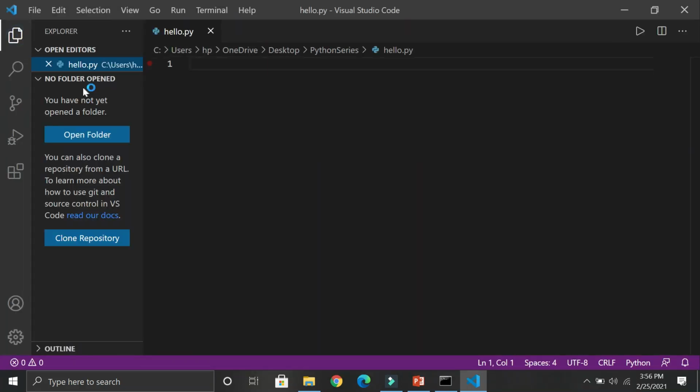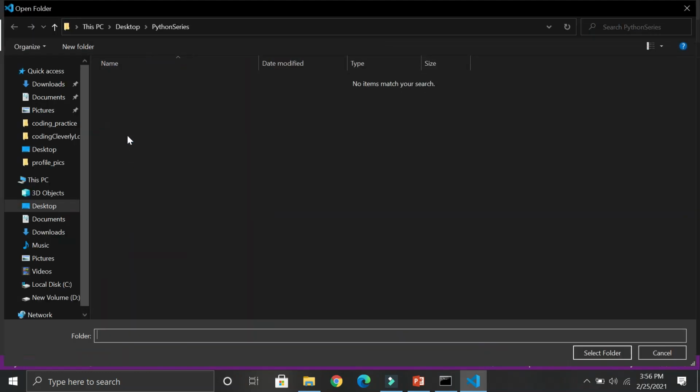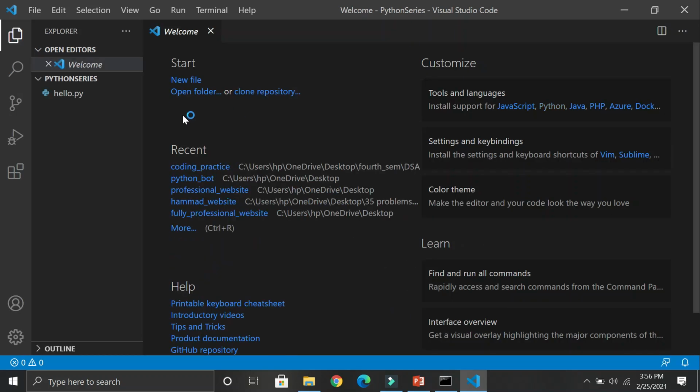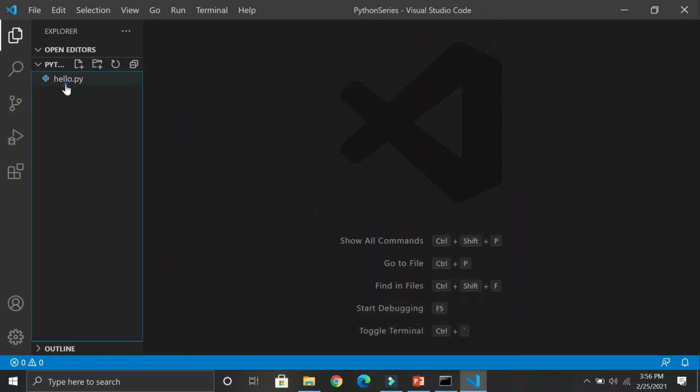So you could see over here, now the folder is finally not in any other. So you could just open up a folder like that, just click on this, and you would see that there's this Python series, and I just select this, and then now we're finally open in that specific folder. So you'd see that this is a cross symbol, and there's nothing else extra, and you have a Python